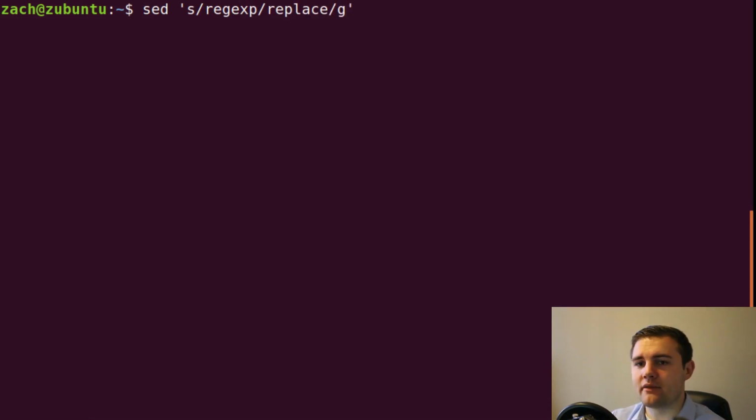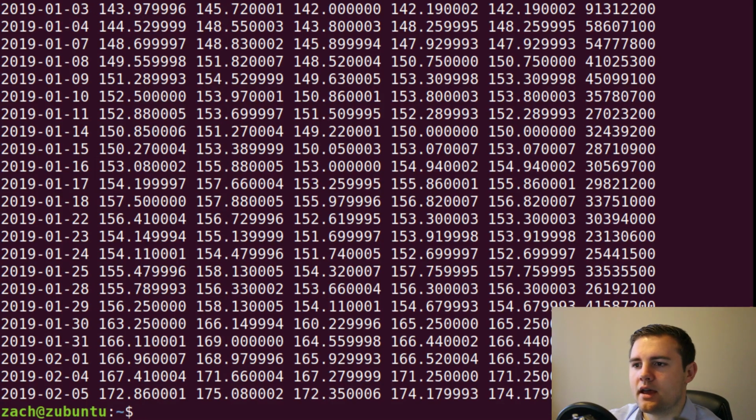And then finally we have this G at the end, which means we want to replace every single instance of the regular expression in the file. And then you pass on the actual file that you would want to do this in. So for us, we just want to replace all commas with a space. Pretty easy. Now, if I just press enter, what it's going to do is print out what our transformation would